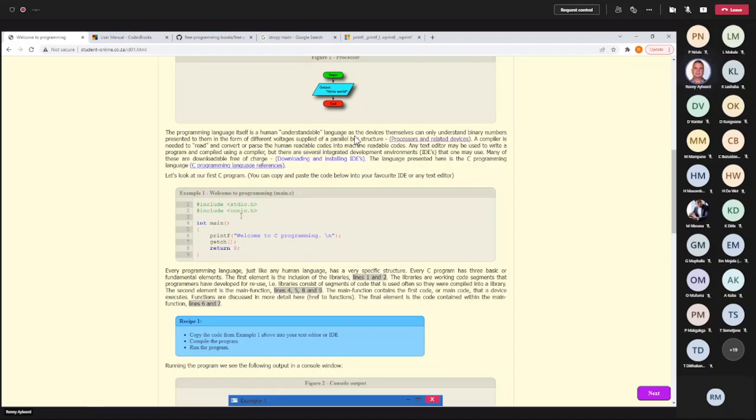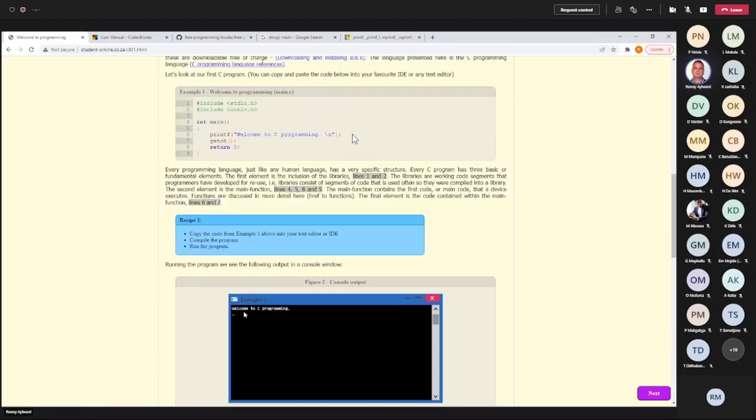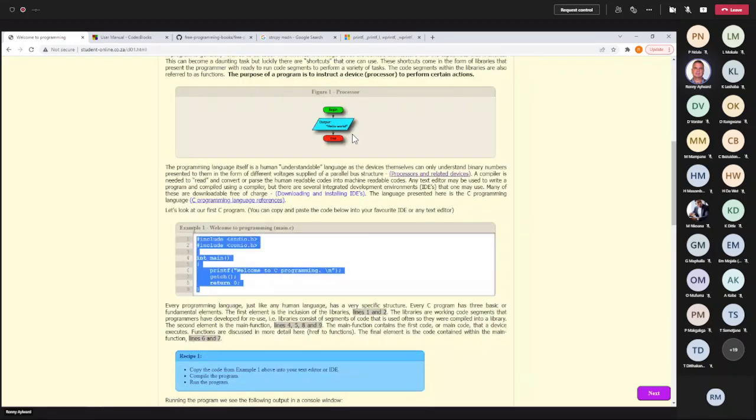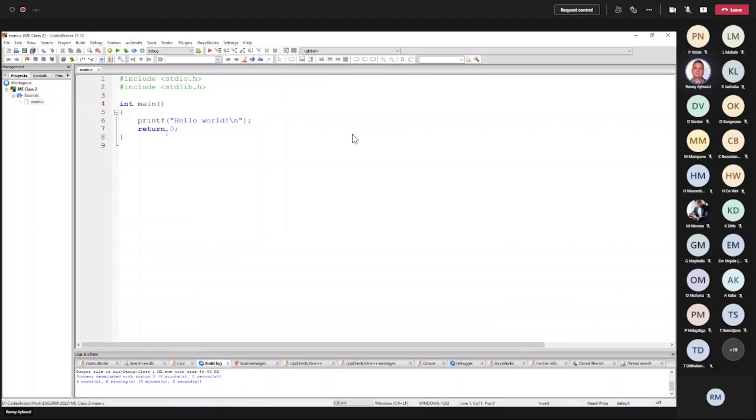So if you don't want to follow a 3-hour video to understand what's going on, you can go onto the web page and then just read everything and follow by just reading and copying and pasting. You can copy and paste all of this code and replace the code inside Code::Blocks with that.